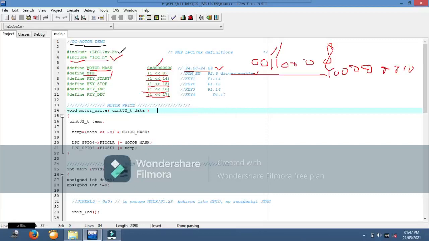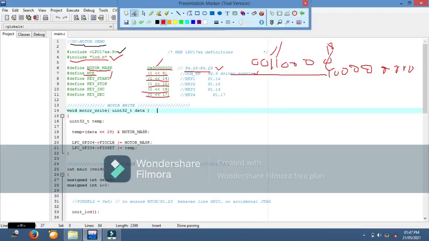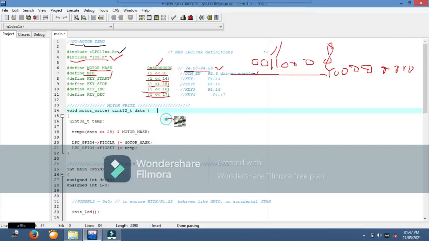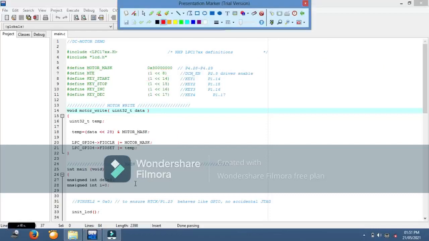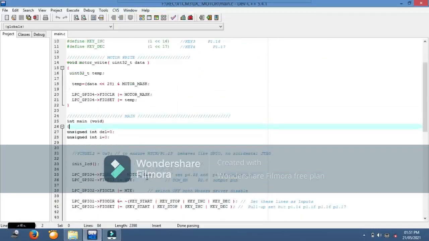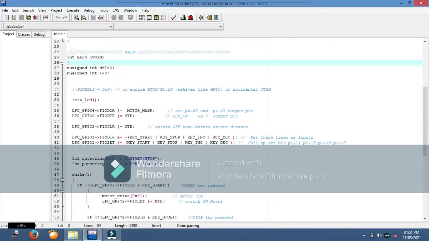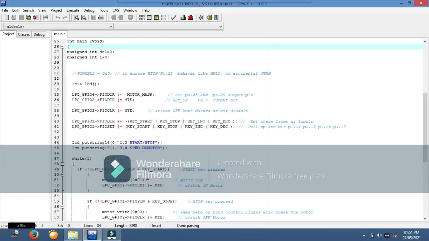So we directly go to the main program. Then we come to the motor write function, where we write the value to the motor for rotation. This function is called in the main program, so we will start our discussion from the main program.